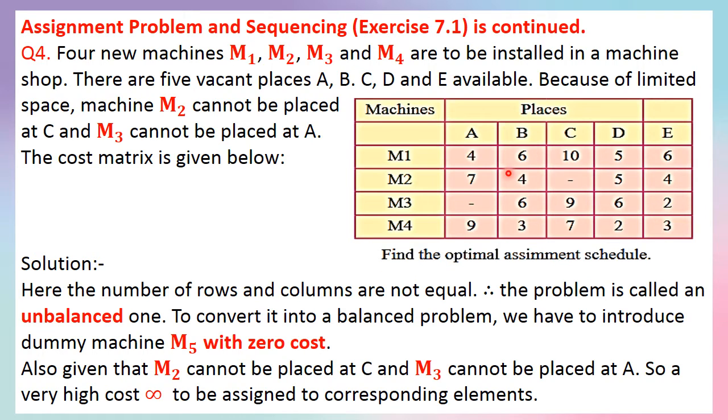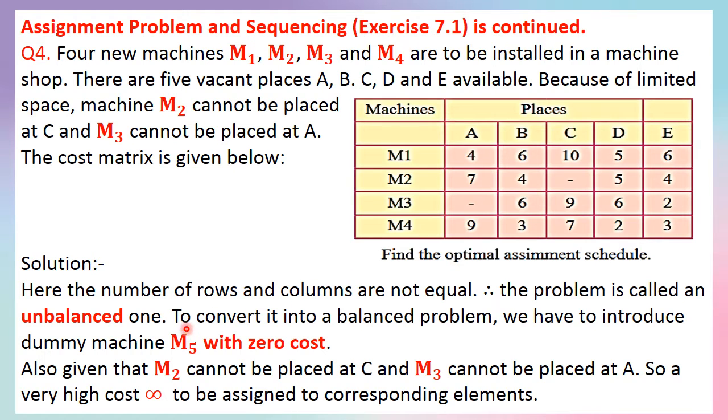Here note that there are 5 empty places and we have 4 machines. So this is called an unbalanced problem. So the order should be 5 only. Here only 4 machines are to be installed in 5 places, so it is not possible. This is a special case of assignment problem. Also there are some places where no cost is given, so it is called a restricted assignment problem.